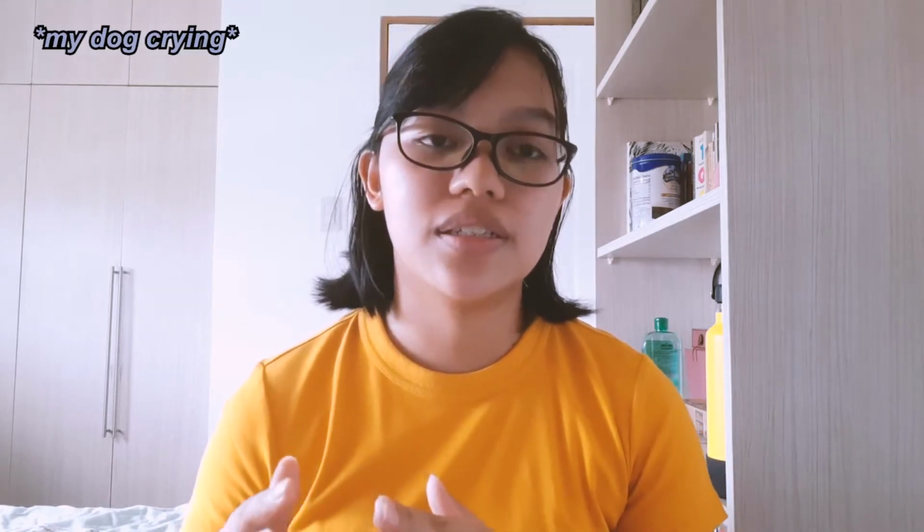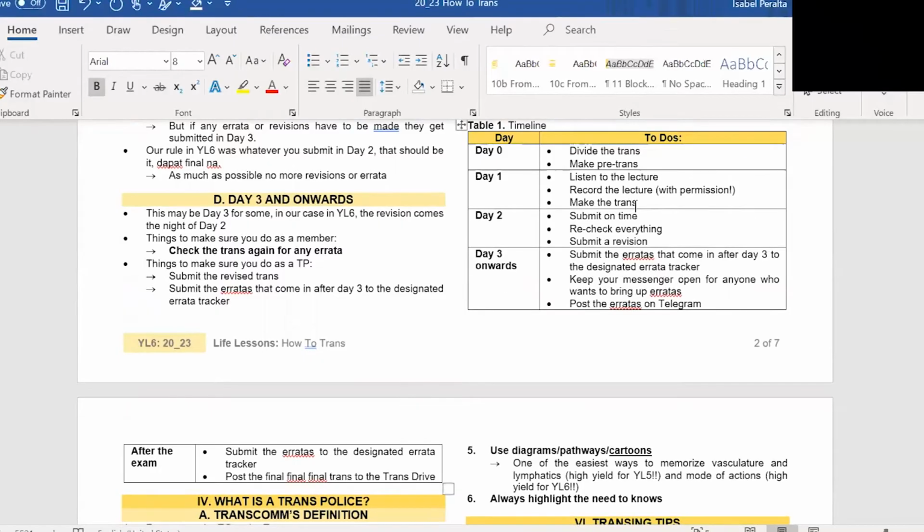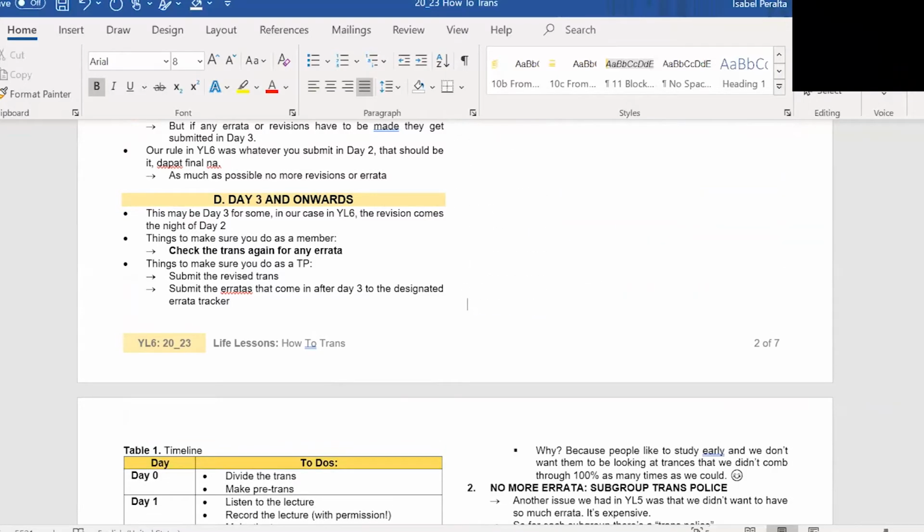And also remember that some of your batchmates will be printing your transes. So if there's information in one page that continues on to the next one, it's just hard to keep on. But make sure to do this last, because sometimes tiny changes in pictures or some changes in your bullet points, they can totally change everything. So do this last. Do the formatting last always. In tandem with that is do not cut the table. Again, it's just easier to see all the information flow in one go, especially for those who print transes, they don't want to keep on